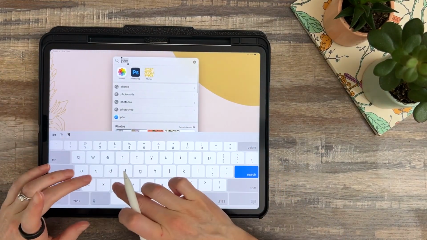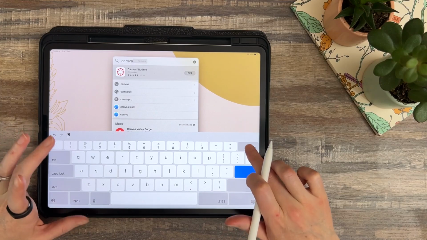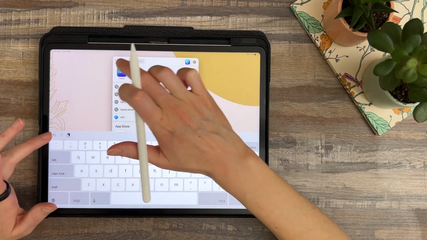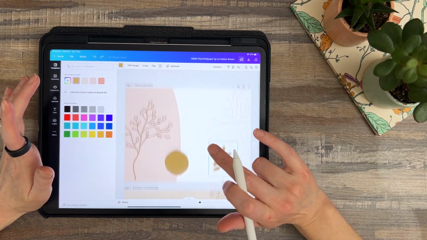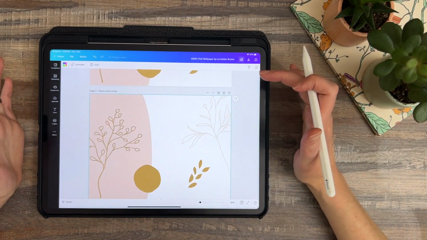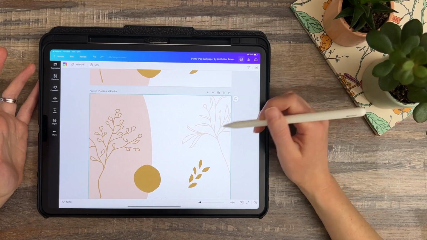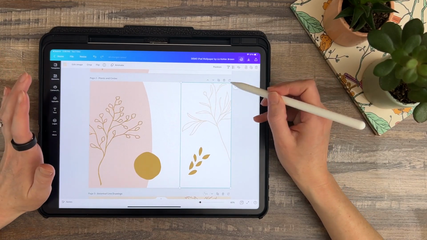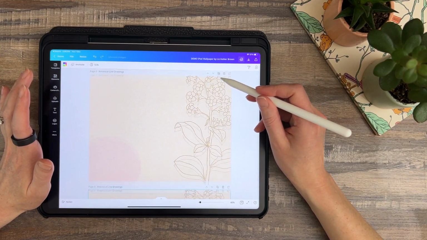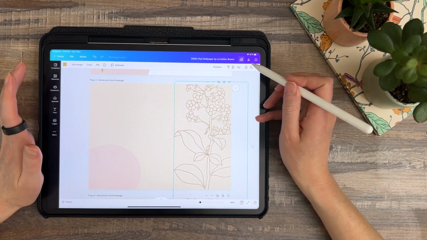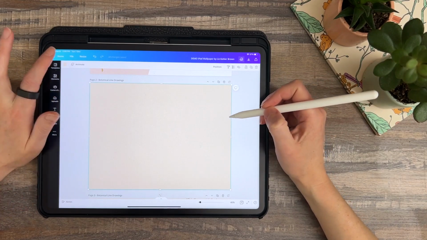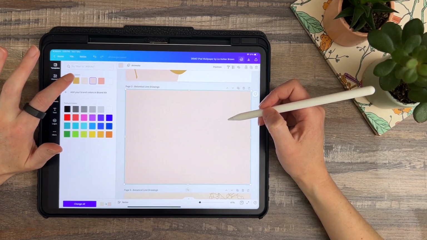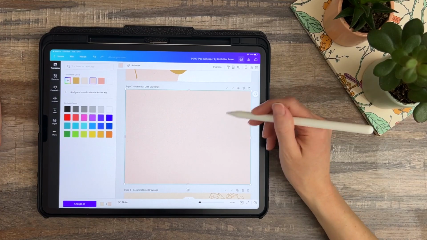So just quickly here, if you wanted to totally redo the wallpaper to make it all your own style, you can definitely do that too. You could just duplicate one of these pages by clicking that duplicate button. Click on each element, tap delete, change the color of this background, and then you can start adding other